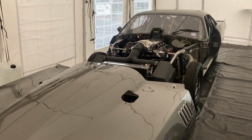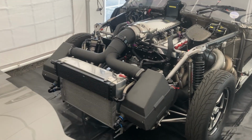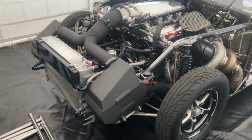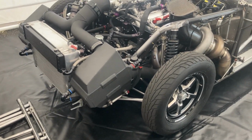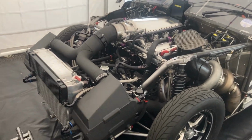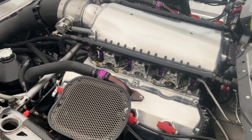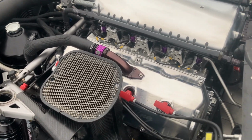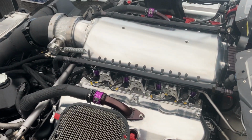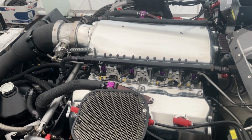So has it always been street legal? No. At one time it was track only, and then I decided I wanted to go on the road, and to go back to the road legal route. Fantastic stuff. So do describe what's here. We've clearly stuck with the Hemi. That's a Noonan billet block, Noonan heads and manifold, twin 98 Precision turbos,